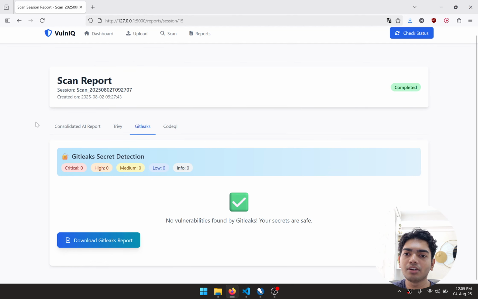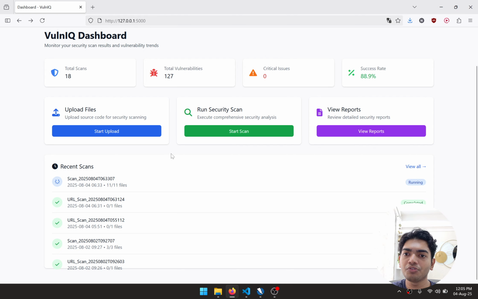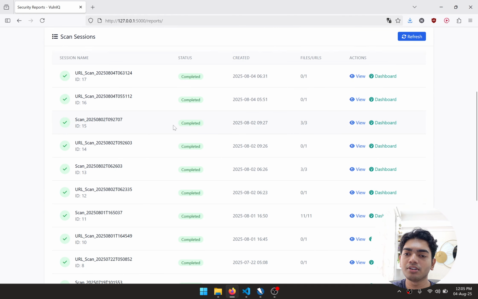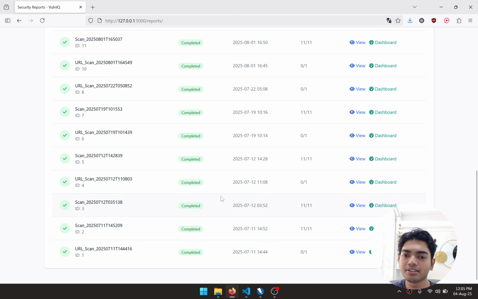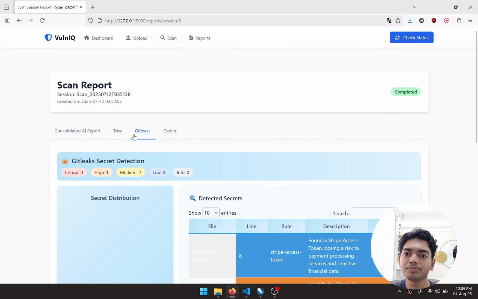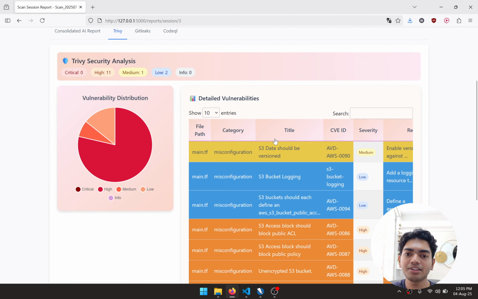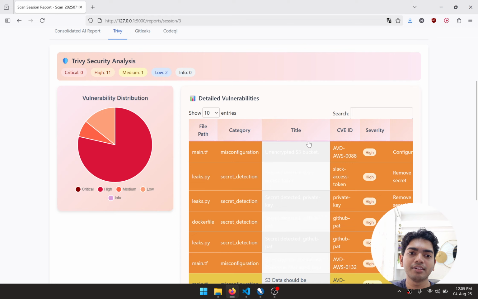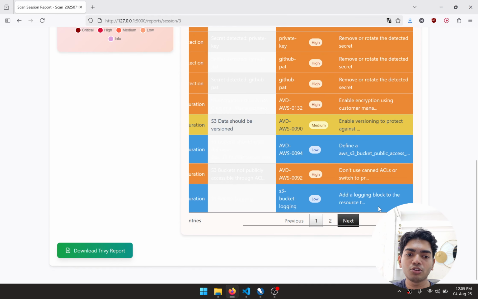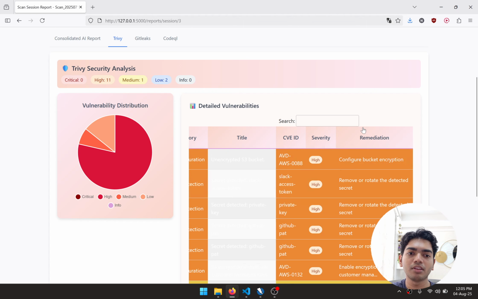One is Trivy. Okay, let's take a look at some other report which has found some more vulnerabilities so that it will be better for the user experience here. So let's click on view here. Yeah. So as you can see, in this iteration we have found a lot of vulnerabilities. It is depicted in a pie chart, high, medium, lows, and we have all the vulnerabilities in a tabular format. You can sort by severity, CVE ID, title, everything. Here we also have the remediation for the vulnerabilities, and we can also search for things here,